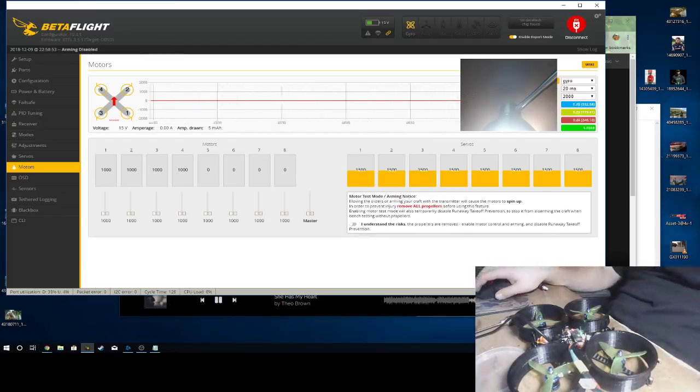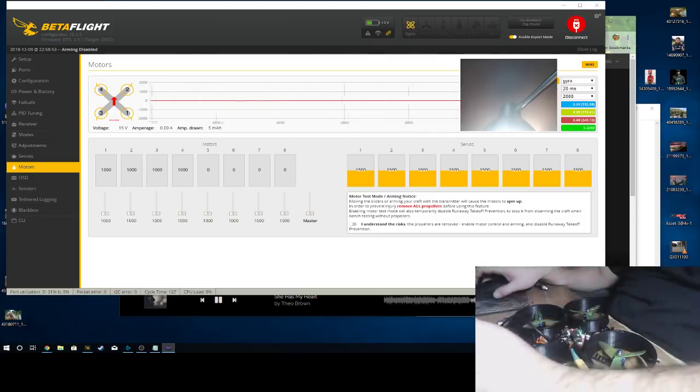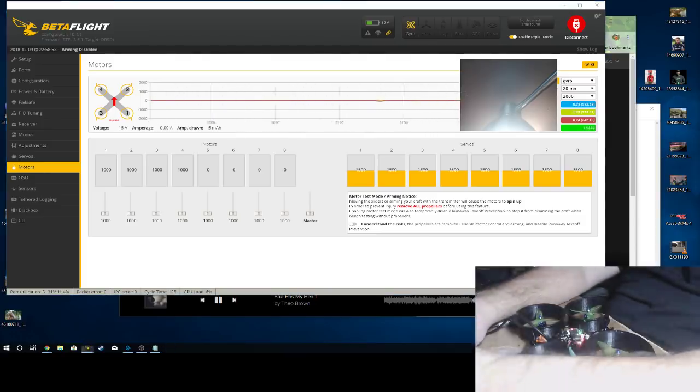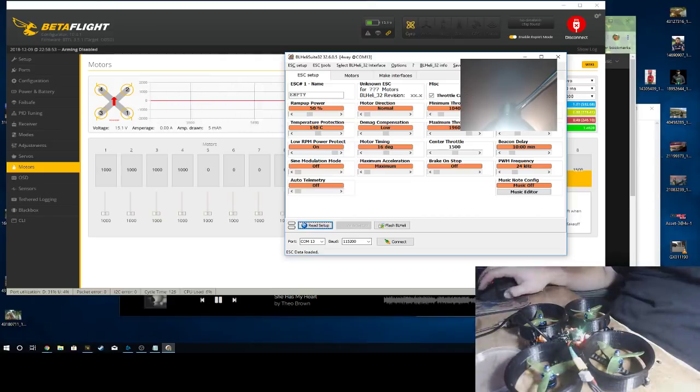Check BLHeli, that's a good idea. And yeah, I should take off the props. Whoever said that was right. But they cut up my hands just putting them on, so I figured I was in more danger taking them off. Yeah, White Knights, I get you, but if they're not working in the first place...